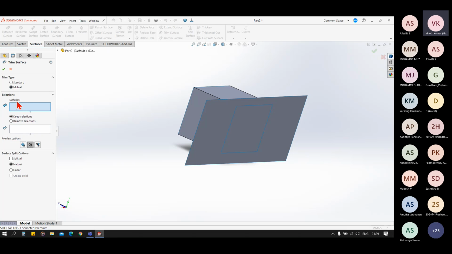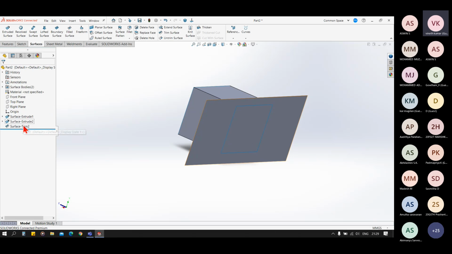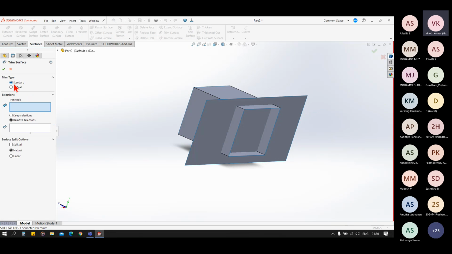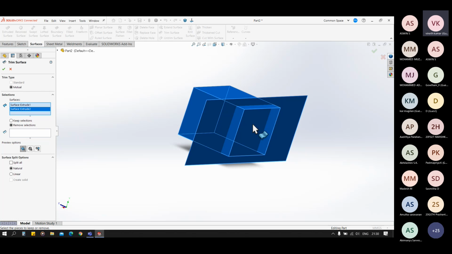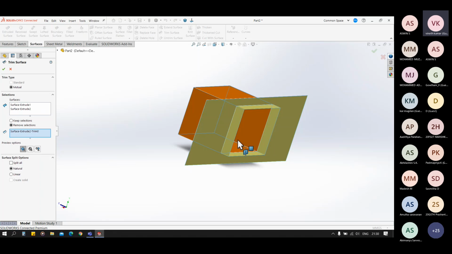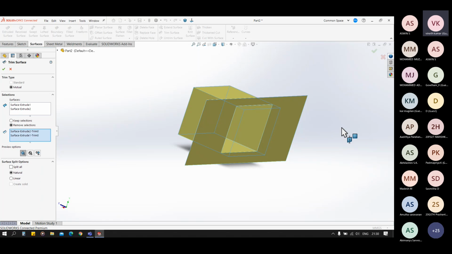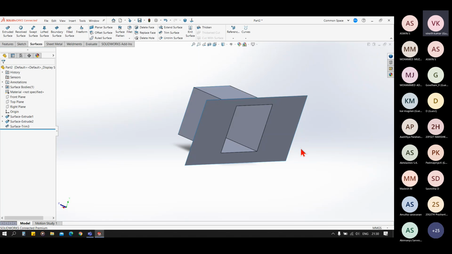Now let's see the mutual trim type. In the mutual one, you don't need to select the trimming tool. Just select all the surfaces, click on remove selections or keep selections. Now you can remove the surfaces according to your requirement.